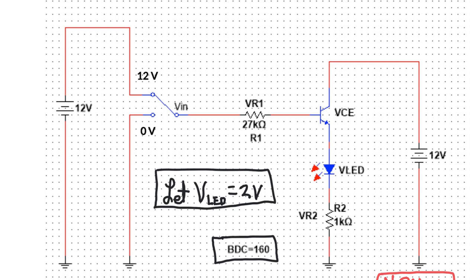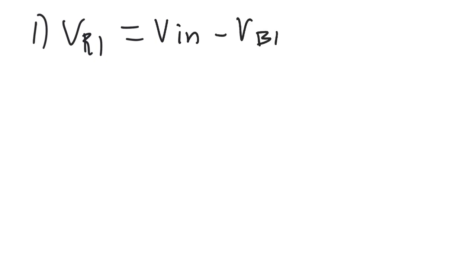right across R1. Agree with me on solving this. Okay, so we can write the equation that VR1, the voltage across R1, equals VN minus VBE, just use 0.7 unless I tell you otherwise, minus the LED voltage, which we know, and minus VR2. So if we knew all those values, we could solve for VR1,